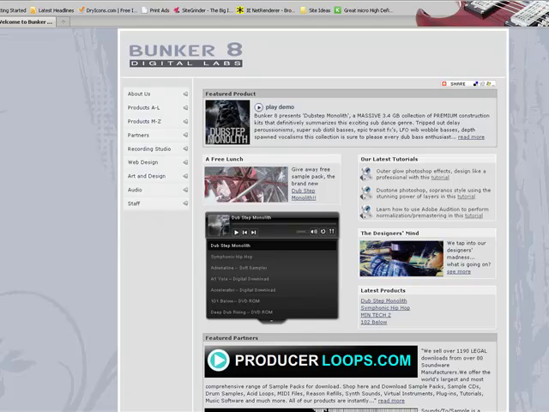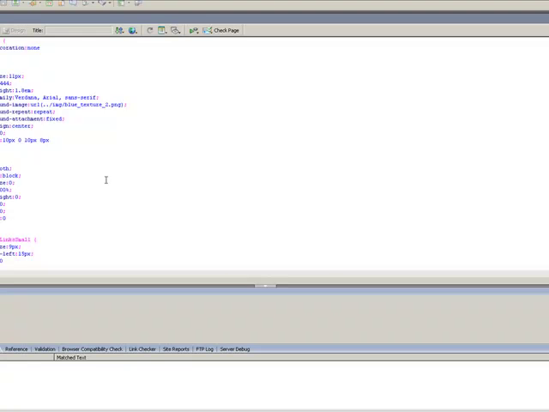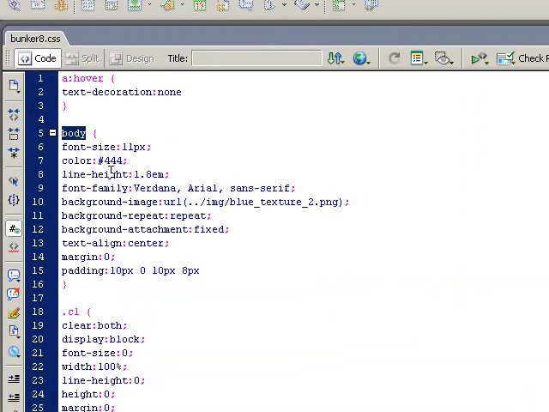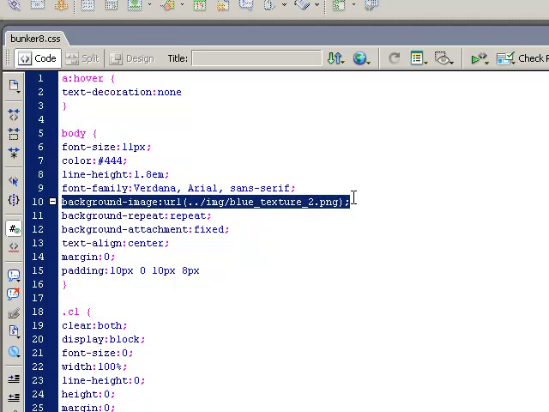So let's have a look at the CSS code that governed this creation. If you look down here under the body tag, and that is the body object that's throughout all of the pages that reference this particular CSS document, bunker8.css, you'll notice that there are three particular lines that you have to pay attention to when attaching a background image to CSS. And the first thing is to locate where the image is itself. In this case, it's in the img directory from the root under blue texture